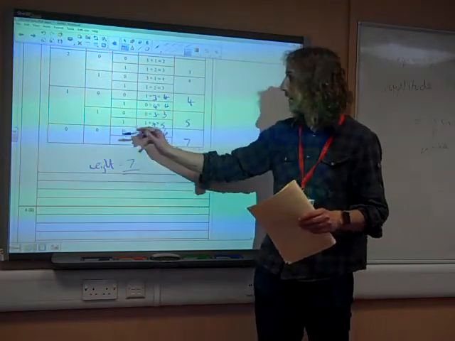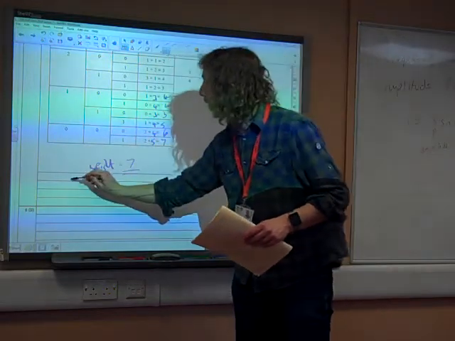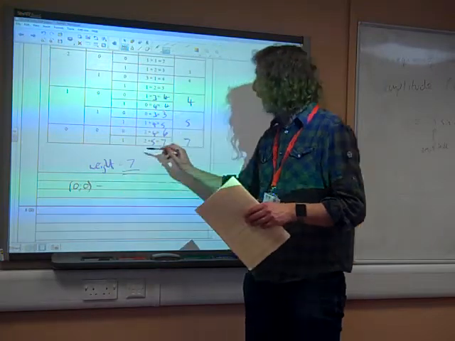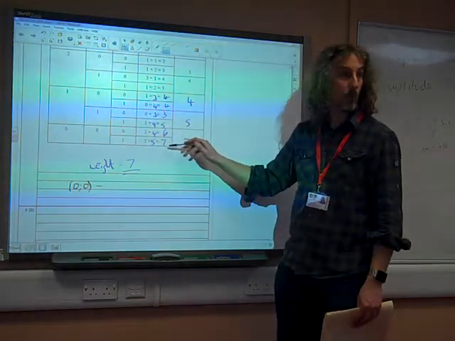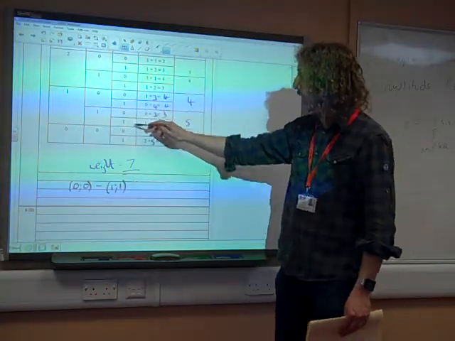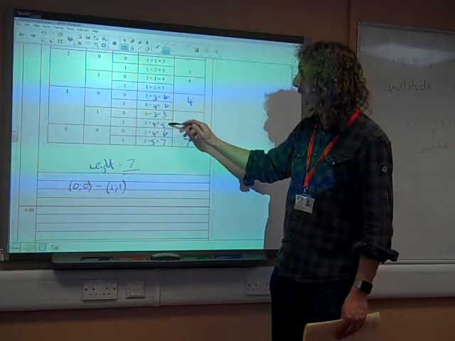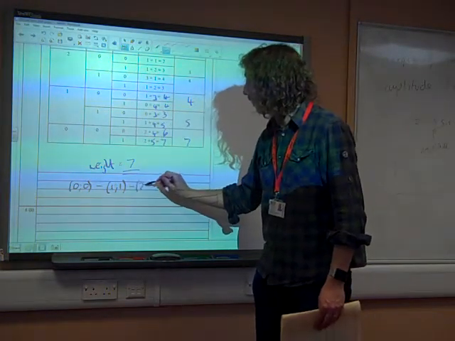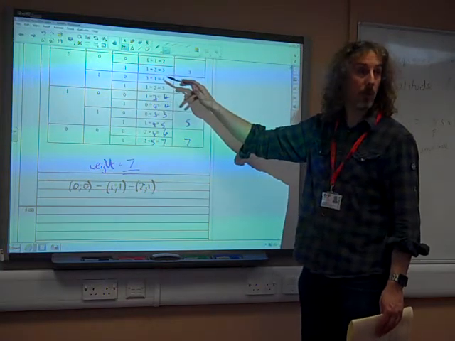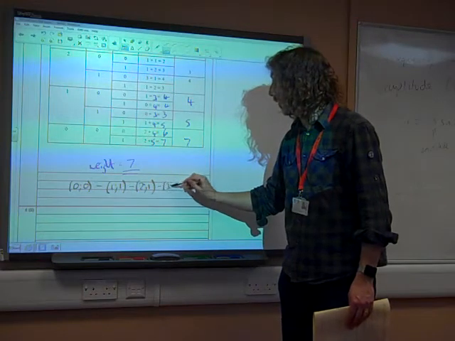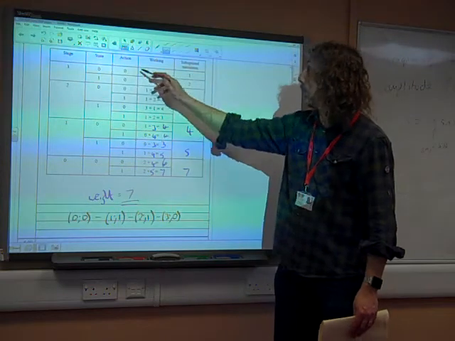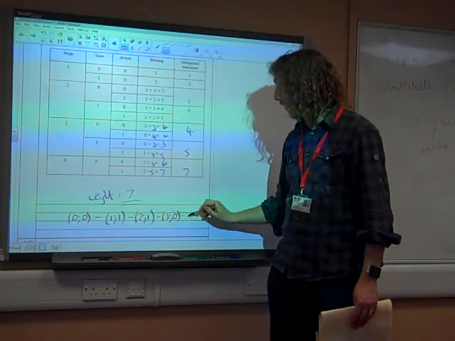So the route is 0, 0. And then from 0, 0, it was the 1 that we chose, so that means it's then 1, 1. In that bit, it was the 1 that we chose again, so that makes it 2, 1. In 2, 1, we chose the 0 option, so that makes it 3, 0. And in 3, 0, we chose the 0 option, which makes that